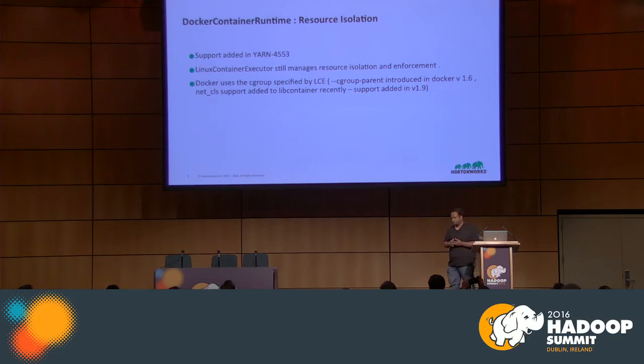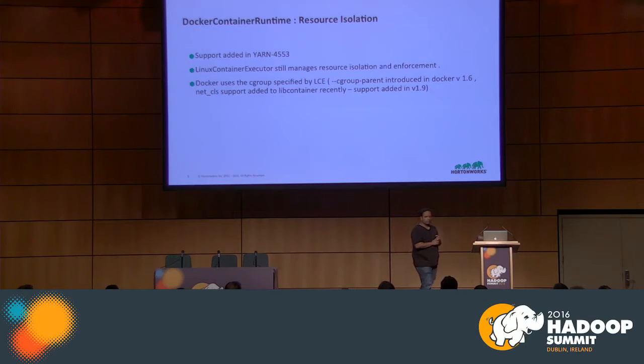And moving on, in terms of resource isolation, from here on we'll take a subset of these features that Docker provides and see how they integrate into Yarn. In terms of resource isolation, we added this as part of YARN-4553. The Linux container executor already provides a resource handler mechanism, which basically uses cgroups to isolate CPU. Memory was added recently, and disk and network as well. Disk and network are basically fair sharing, and you can't schedule based on those yet,